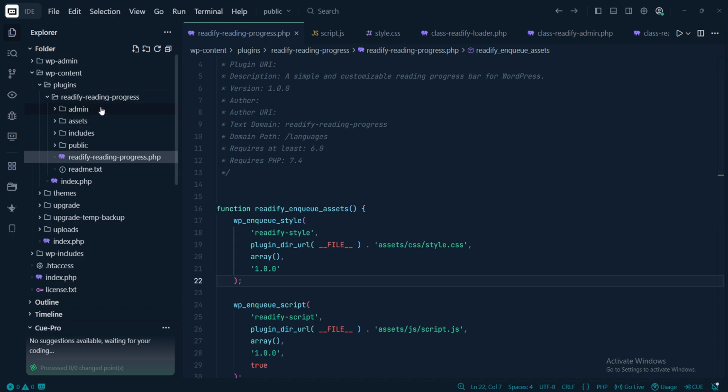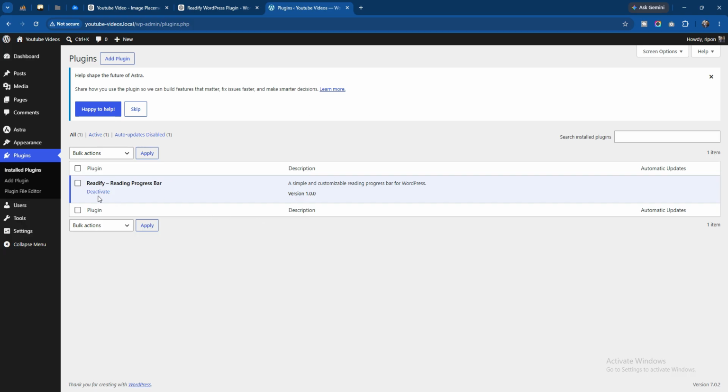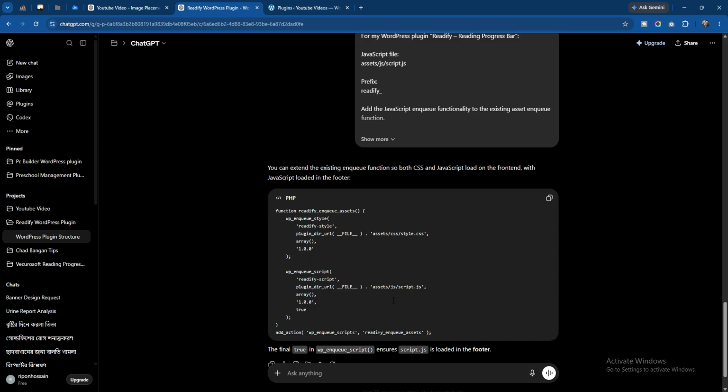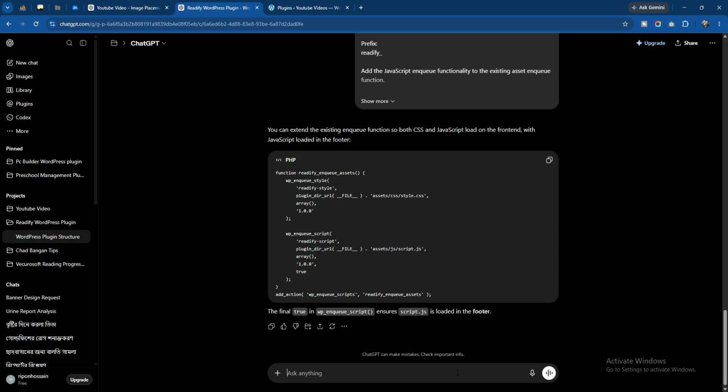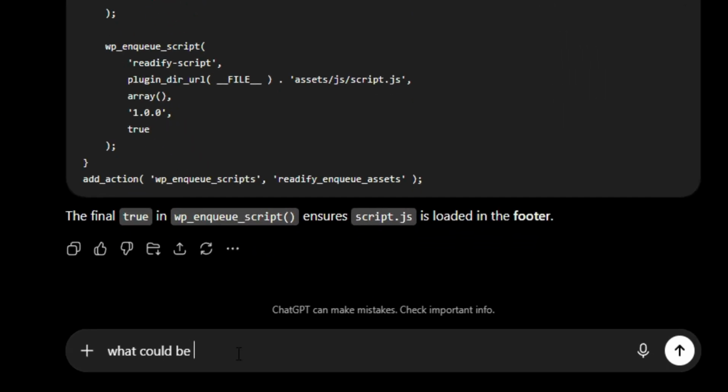So this is the main plugin structure that we have built, and this is the plugin that is showing in our dashboard. And this is the last command that we gave for our plugin. Now I will ask ChatGPT, okay, what will be the next step for building this plugin? I will give a precise command prompt to ChatGPT. So I'll ask it, okay, what would be the next